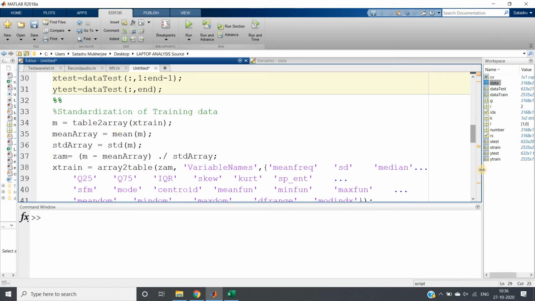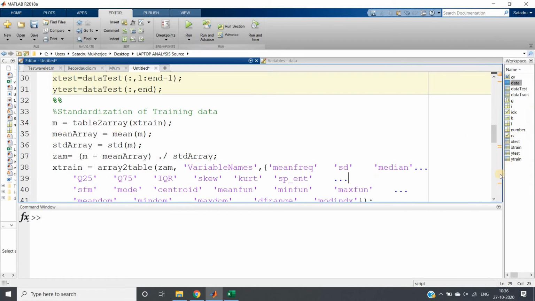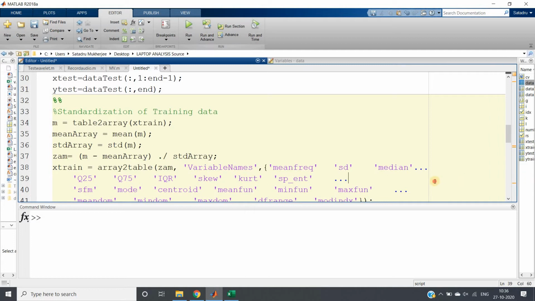Next step is what? Next step is standardization. Okay, now why? See, we are going to use KNN, and in KNN we calculate Euclidean distance, right? Distance is one of the main parts in our whole algorithm. So obviously feature scaling has to be done to give equal priority to all individual features.